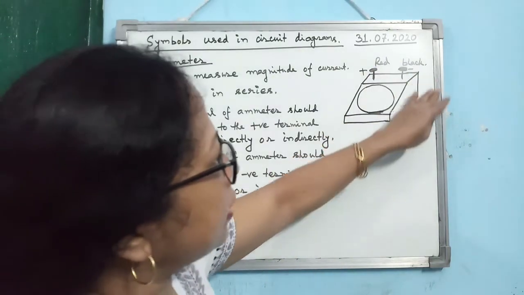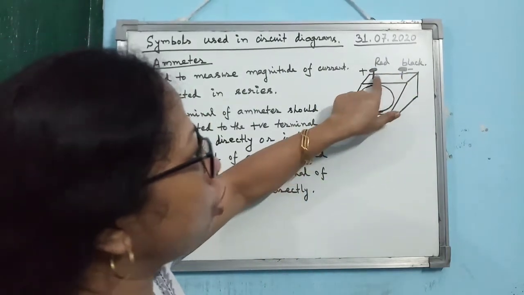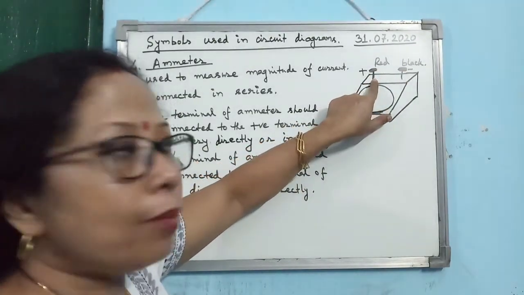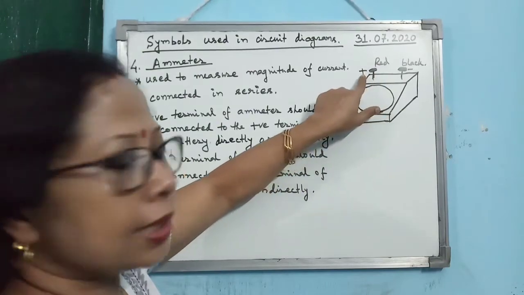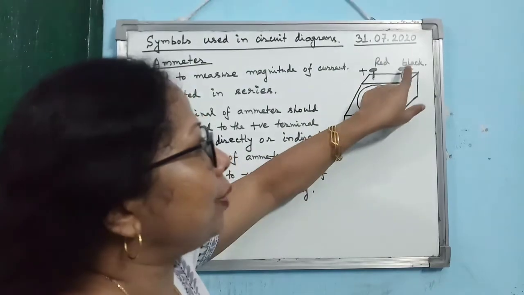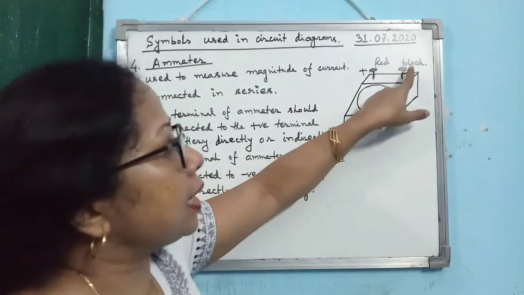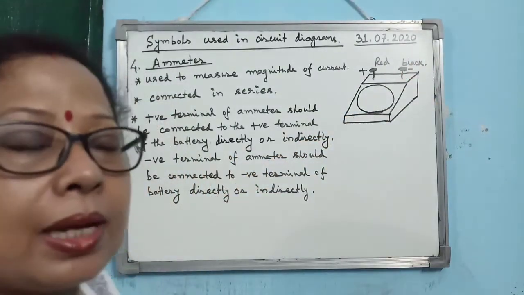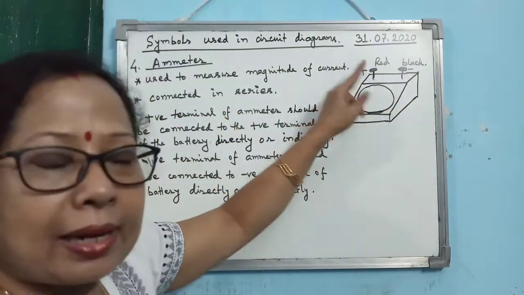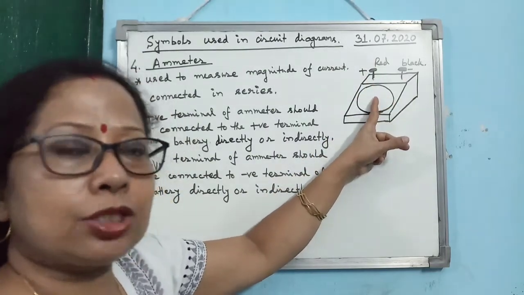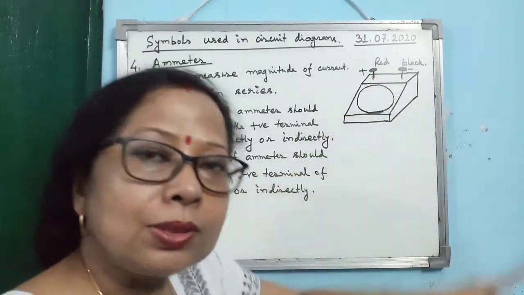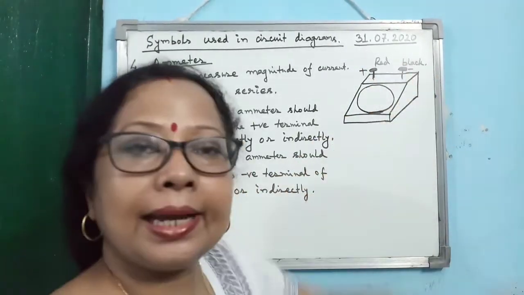So it looks like this, and you will see here there will be two knobs. Okay, one knob will be red colored. So the red colored knob will be on the left side. It is considered as the positive terminal of the ammeter. And another knob will be black colored, which is considered as the negative terminal of the ammeter. Remember, an ammeter is constructed in such a manner that it allows current to enter the device through the positive terminal, and it allows the current to leave through the negative terminal.